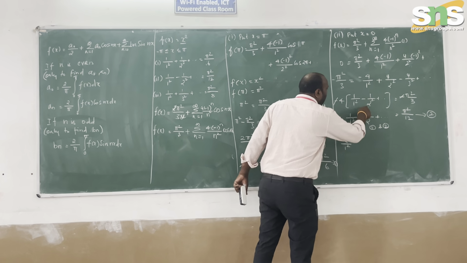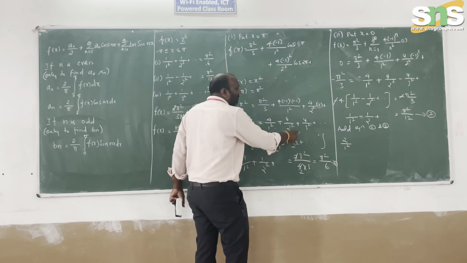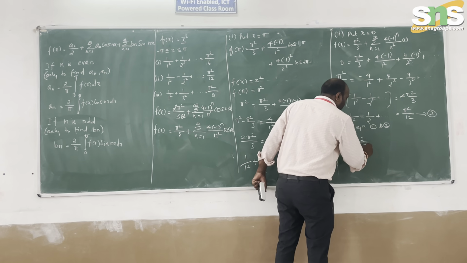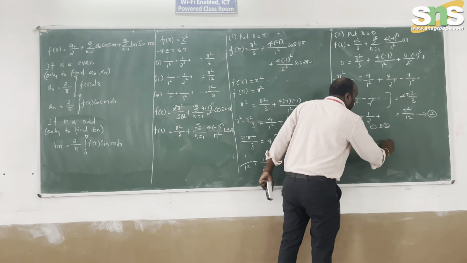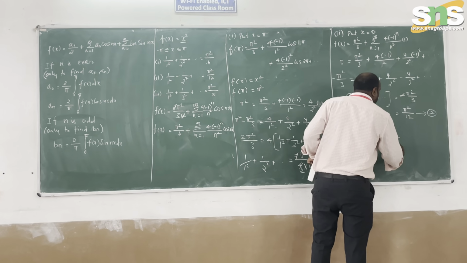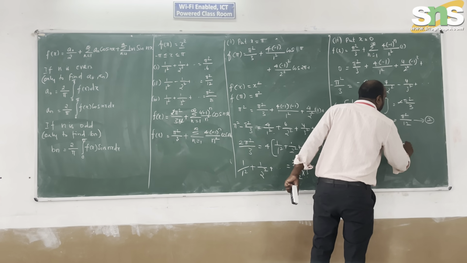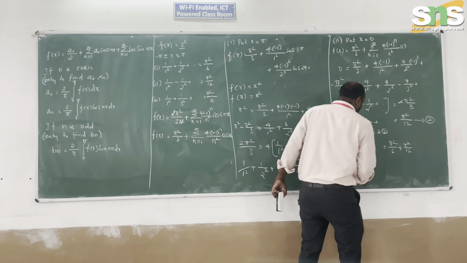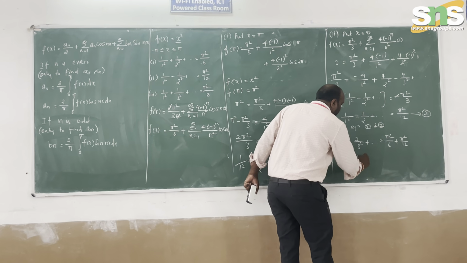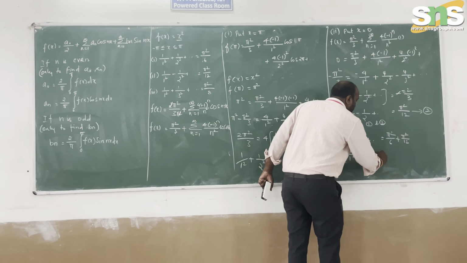Then minus 1/2² plus 1/2² will be cancelled. So plus 2/3² and so on is equal to, we add π²/6 plus π²/12. So 2 will be taken common, so 1/1² plus 1/3² and so on is equal to